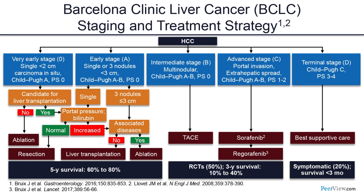Simply, it shows that if we have on the extreme left a small lesion in a good liver, we take it out, either by surgery or by radiofrequency ablation. If we have a lesion which is still small, but the liver condition is not that great, this is a patient who might be eligible for a transplant. Of note, the transplant criteria were updated last year by the UNOS, and were actually even larger than the criteria. If there was any reduction in size, they still can be eligible for certain points on the UNOS criteria for